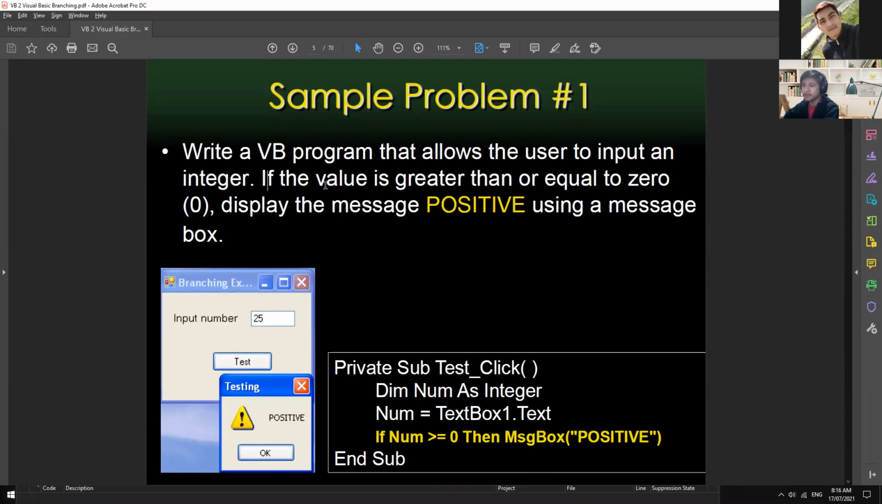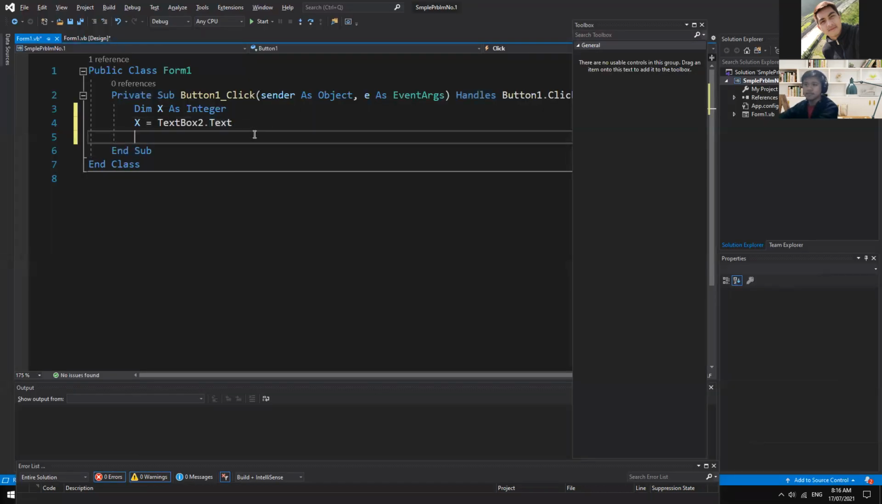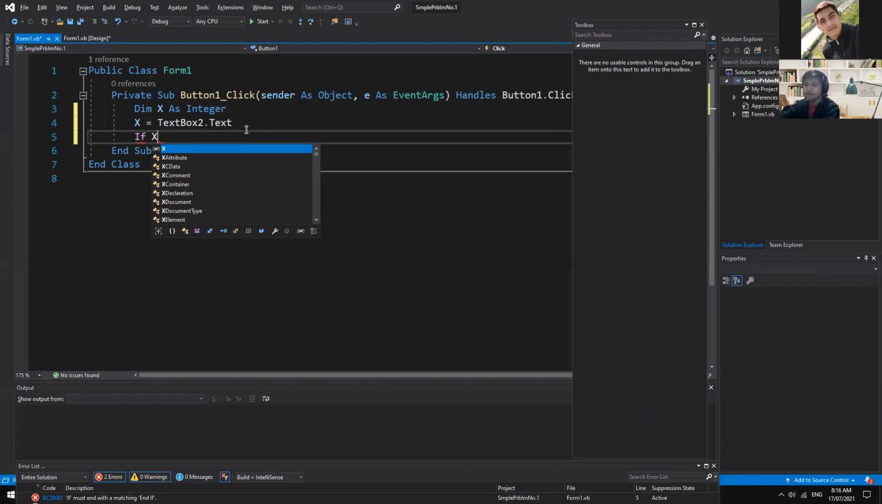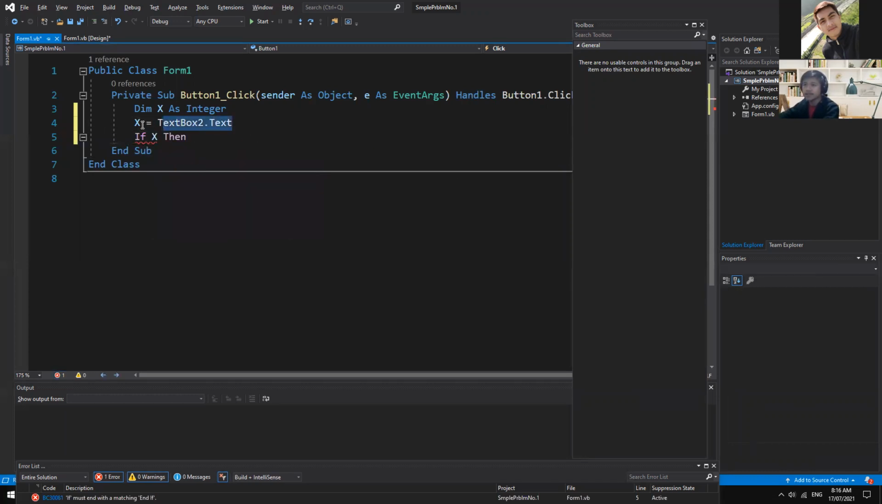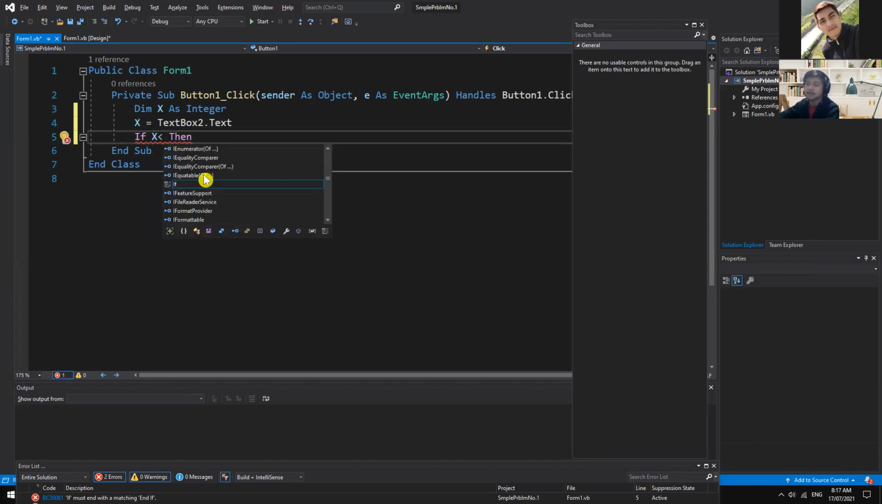The condition right here is: if the value is greater than or equal to 0, display the message positive using a message box. So it's super simple. So If, and then the condition. Our input will now be coming from TextBox2, and then it's being passed to our variable x. So if x is less than,